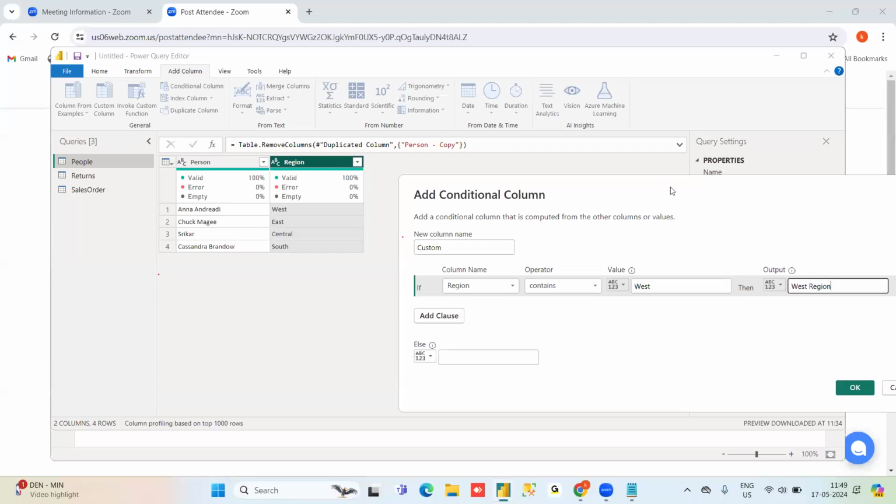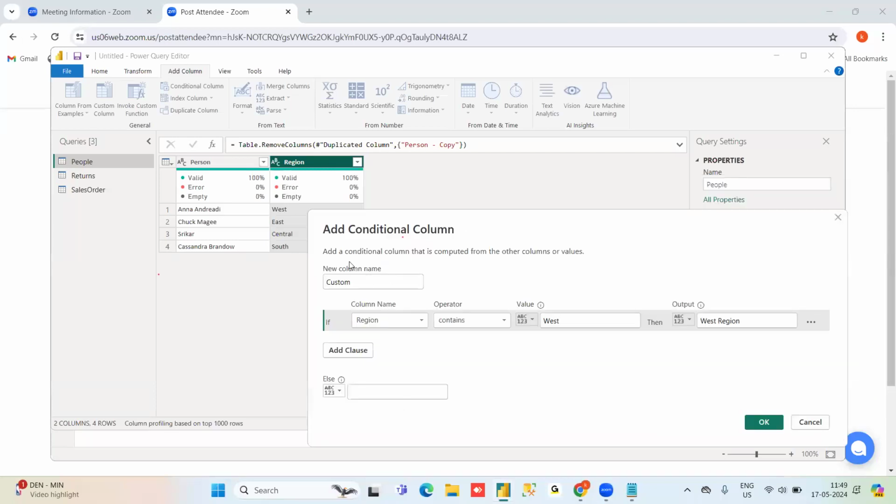And one more thing, I want to give this a new column name, like a region-wise column. If I give the name region, it won't accept it. If you see here, there is a duplication, region is already there, so the same name you cannot give. So I'm giving underscore region wise. Okay, then I can just give the column.